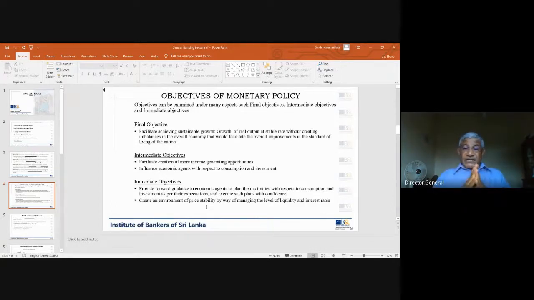Sustainable means what? Stable rate. Because one year it can grow at 10%, another year by 2%, another year by 4%. It is not stable. It is highly volatile. Actually, some of you may not have been born by that time. 1978, 1977 was